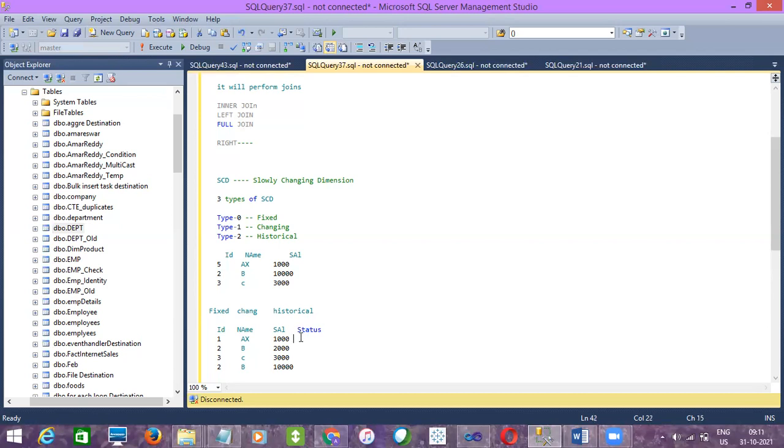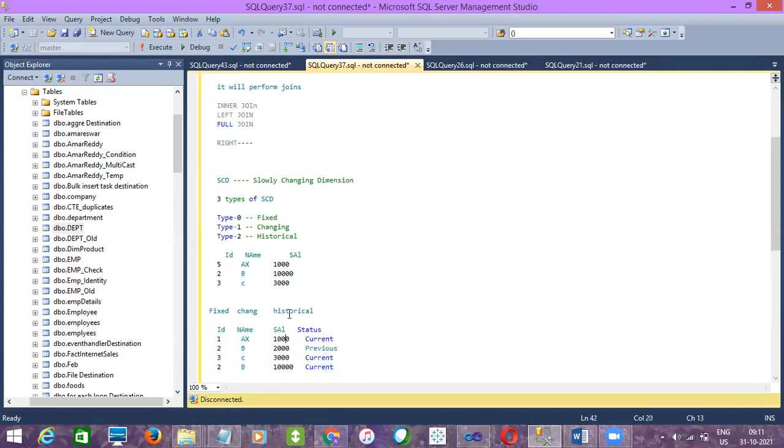We have to give our own column name. This is previous, this is current value, and this is also current. Getting it? So this is how the data will be stored for historical.